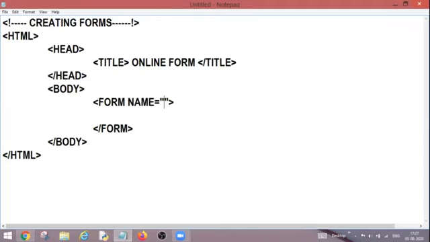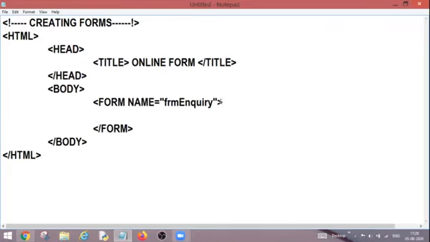So now I'm going to tell you how to write the name of a form, because it should be meaningful. So FRN, I can set the prefix for my form, right? And if I'm going to create one login page, so what can I write over there? Login page. So how will I read it? Login page form. If I want to create any inquiry form, so what can I write over there? Inquiry. So how will I read it? Inquiry form.